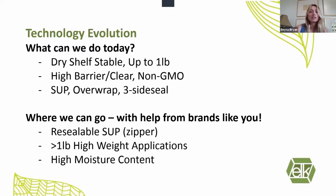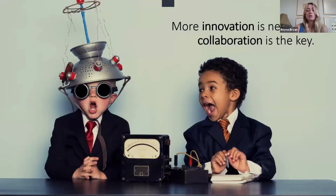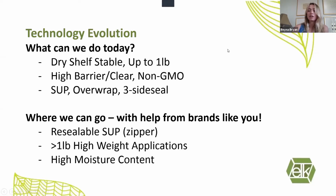So where are we at today? We can make packaging for dry, shelf-stable products. And really right now, we've only tested up to about a pound of material, because most of the products that we're dealing with in the natural food space haven't required much more weight than that. So that's where we're focused right now, and that's where we have had success. And then we also can do high barrier, clear, non-GMO,